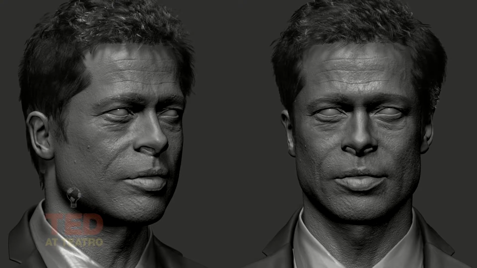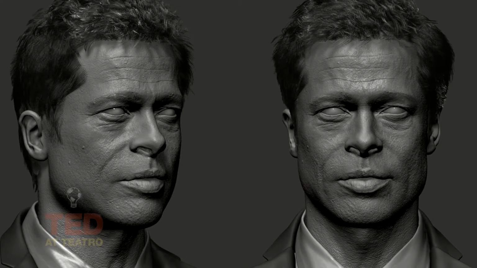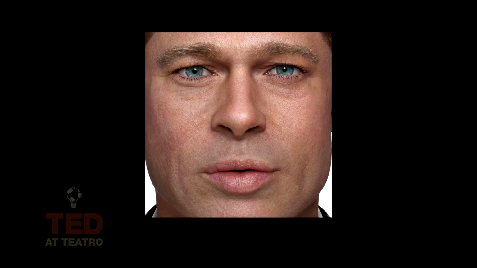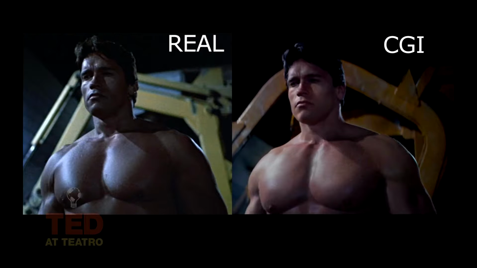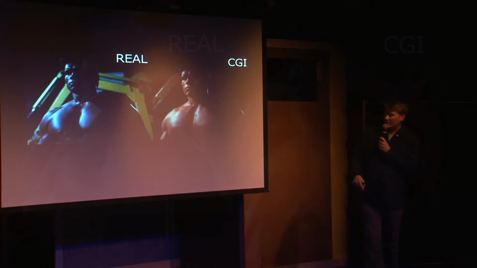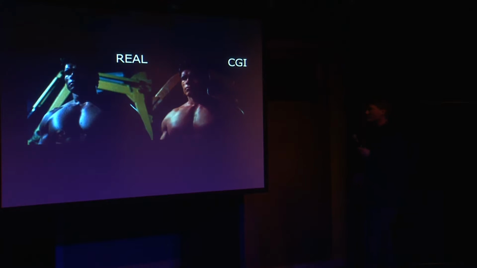So when we talk about whether or not we can recognize whether we're talking to a human or a robot, whether what we see is robotic or human, the lines are constantly blurring. And the thing is, all of this is happening so fast, kind of like this talk, that by the time you get a chance to process it, we're already on to the next thing. This is the original Terminator. This is a CGI of the Terminator. It's a little bit dark, but it's almost impossible to tell the difference.